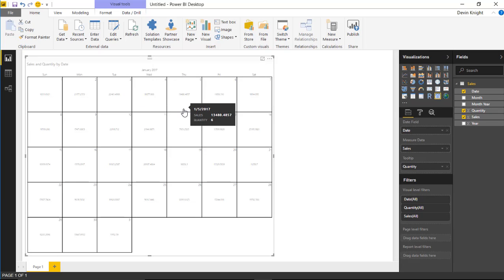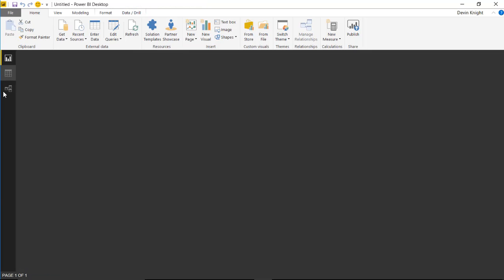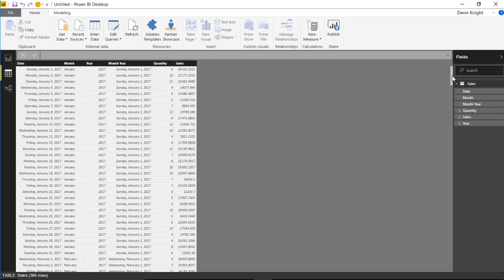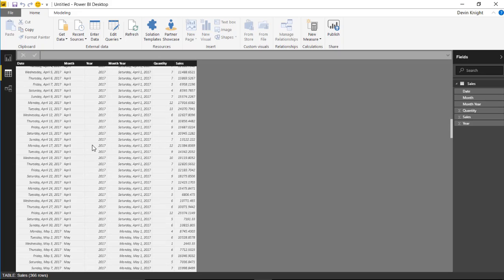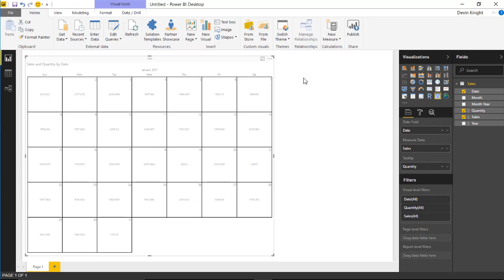All right, now you might remember from the slides I talked about how you can only really see one month at a time. And I have data for multiple months here. If I go look at the data section here, you can see I have lots of data for multiple months, but it's only really displaying one month at a time. So if I want to be able to kind of toggle back and forth between the different months that I have,